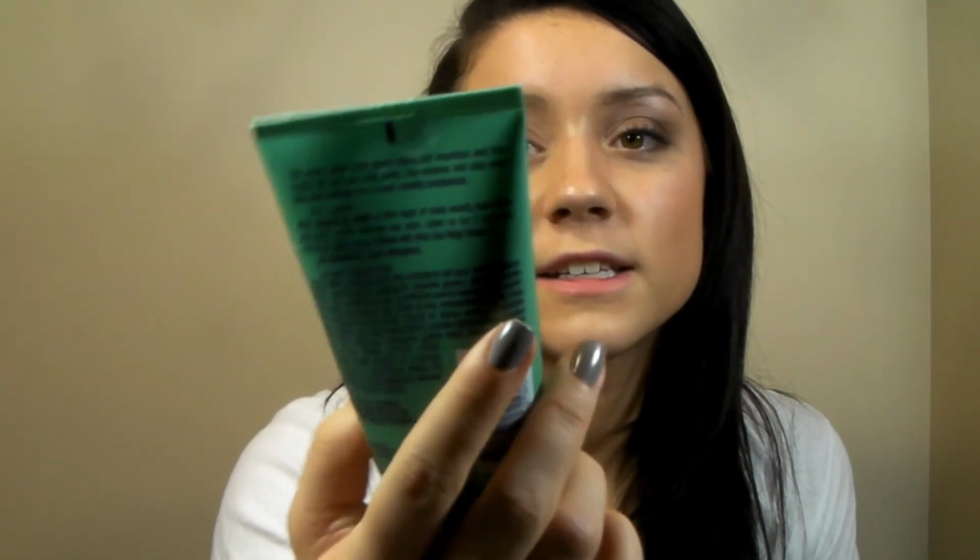First of all, this one is not a one-time use. It's Alba, and it's the Deep Sea Facial Mask. And I bought it because it says that it has like